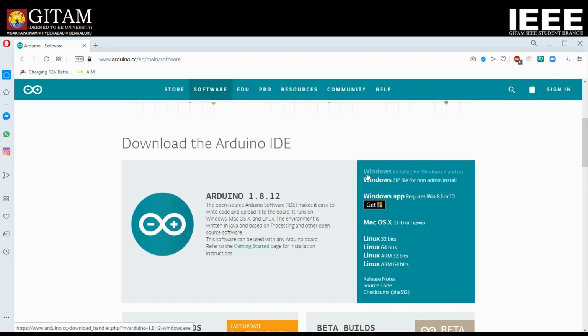Also, because I've downloaded this installer file already, I don't want to go through it again. You guys can simply download it. It has all the steps. Just follow the steps that are given when you download it and install it. If you guys get stuck anywhere or have any issues downloading or installing the file, don't forget pinging us up in the comment section. We are always ready to help you out.